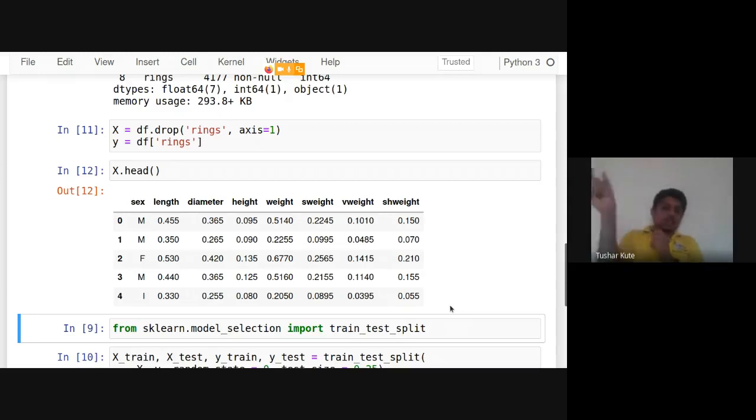I'm dropping the rings column and the remaining columns I'm taking in the X variable. Okay, axis 1 means I'm dropping columns. Axis 0 means rows dropping. So I have dropped the column, and the remaining 7 columns are taken in X. The rings column is separated.